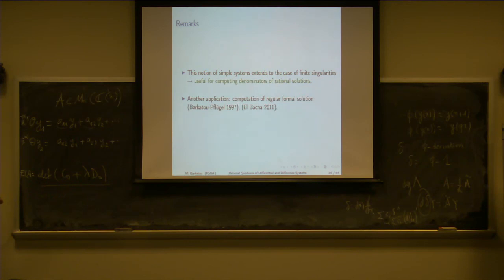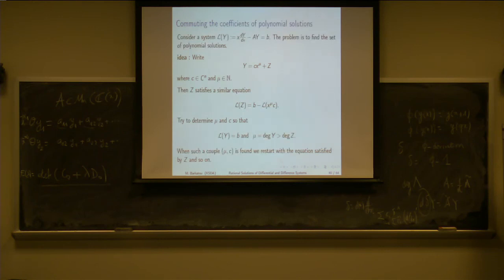And to find the so-called regular solutions, formal solutions, Frobenius solutions, we need this too. Okay. Maybe I will skip computing the coefficients of polynomial solutions. The most important thing is to get the bound on the degree of polynomial solutions. Of course, once you have this, you can use undetermined coefficients, but it's not good. The algorithm I proposed